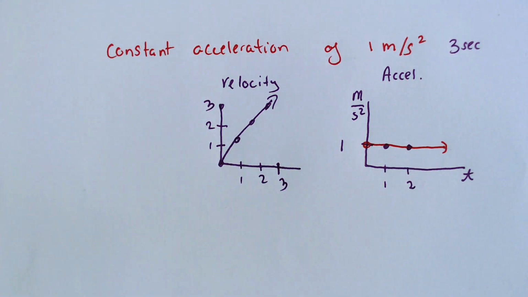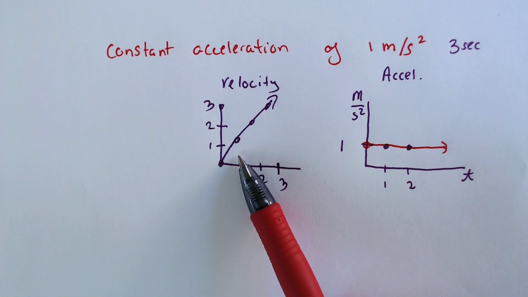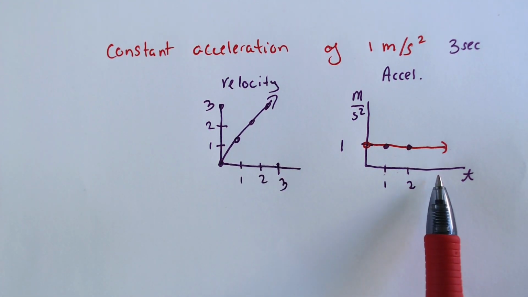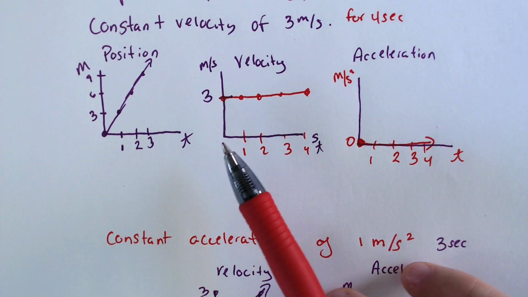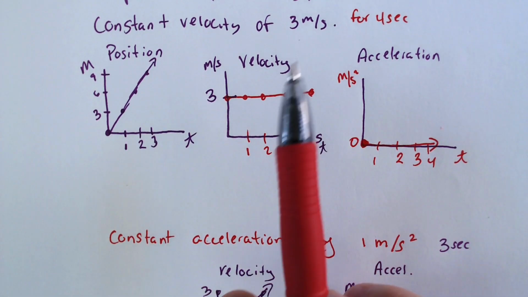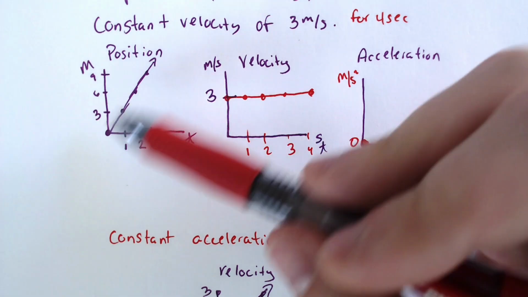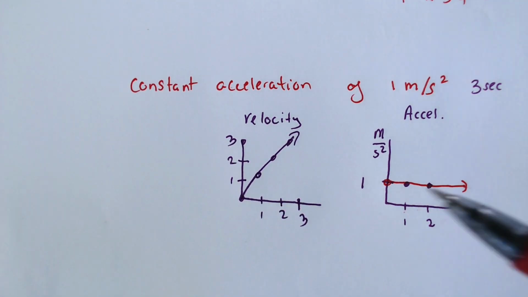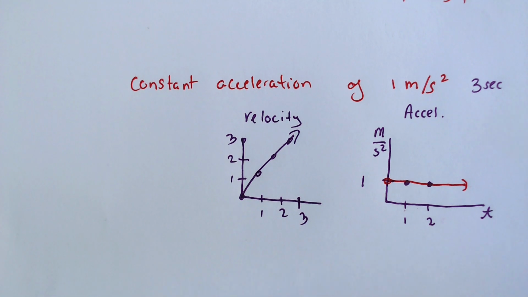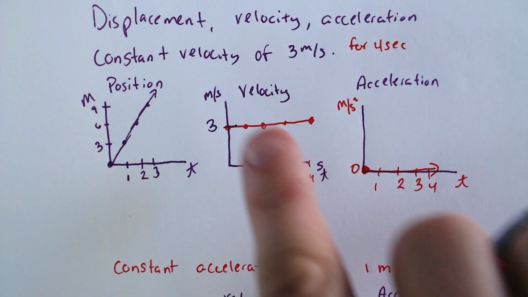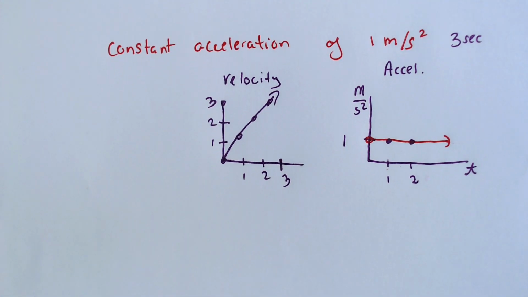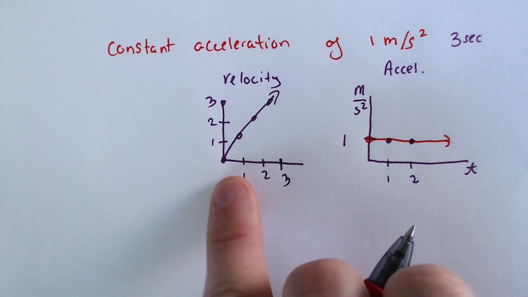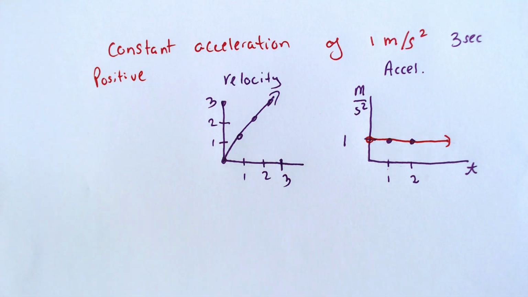Which tells you something. Anytime you are going from acceleration to velocity, if you have a constant acceleration, your velocity would be the slope of that constant acceleration. Similar to when we went from velocity to position, it's the exact same thing. If you have a constant velocity, then your position would have been the slope there. Anytime you're moving to the left or upward, if you're thinking in terms of calculus, because when I was doing this for calculus, it was displacement, then velocity, then acceleration. They were kind of like lined up on top of each other, whether you were integrating or deriving, which also tells you that if we have to find the position graph, which is beyond the scope of AP Physics 1,